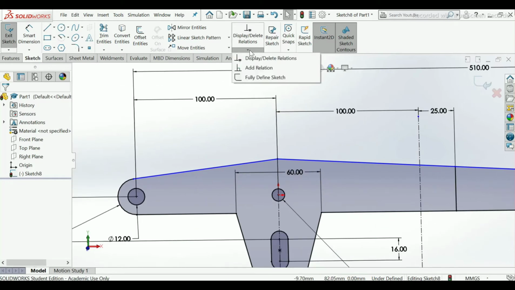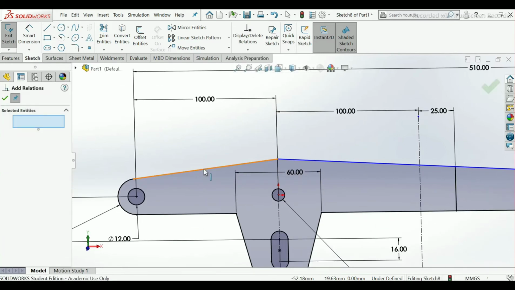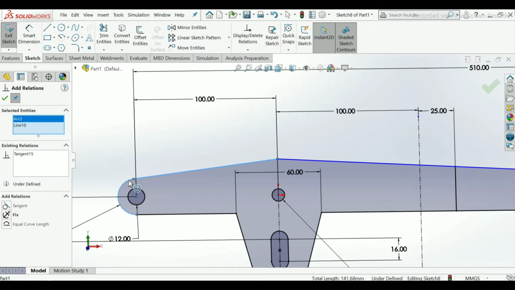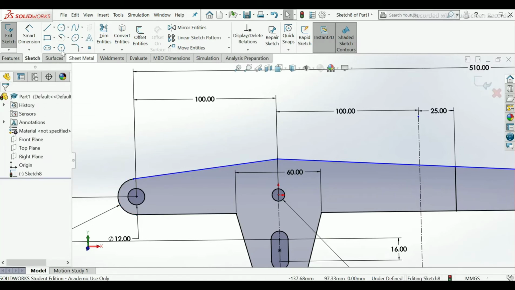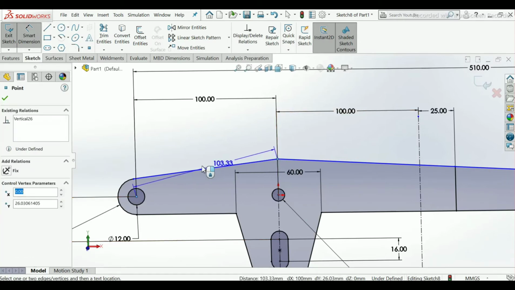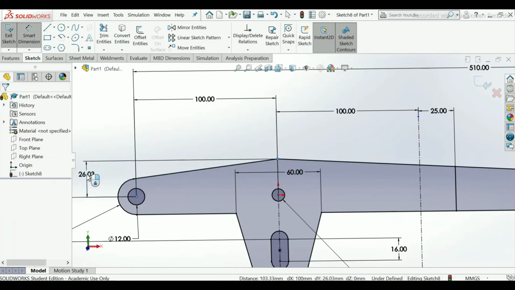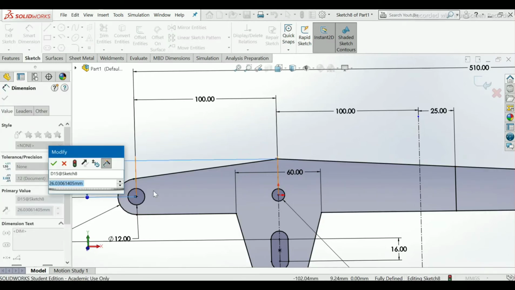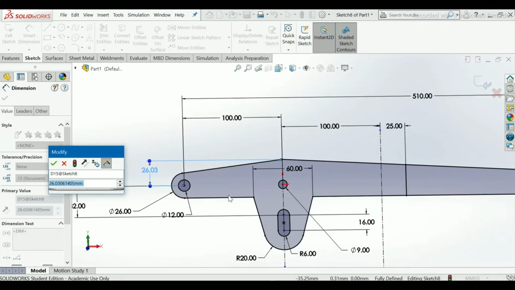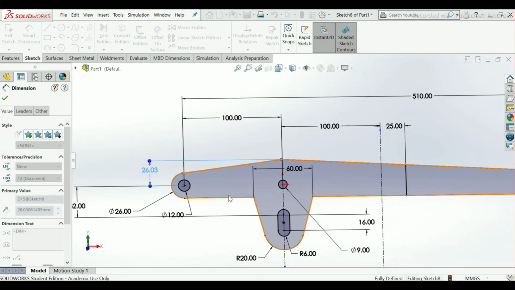Go to add relation, select this and this arc, make it tangent. Okay, and now select this smart dimension, select this point and this, height will be 44 mm.